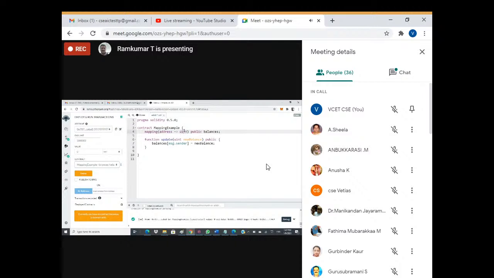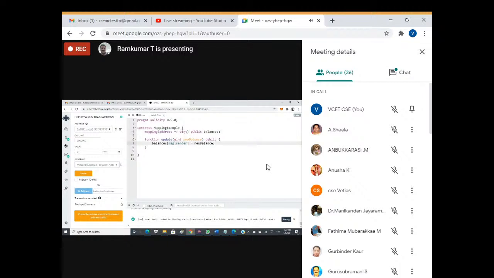This is a realistic scenario that they implement in cryptocurrency: which address holds how many cryptocurrencies, that is the relationship in the mapping. So an address with respect to a value, some value it is having, right? Here, using the update function, I'm passing some number that will be assigned for that particular address, because here I'm representing the address. Message dot sender is whoever invoked this function, and the new value will be assigned to that